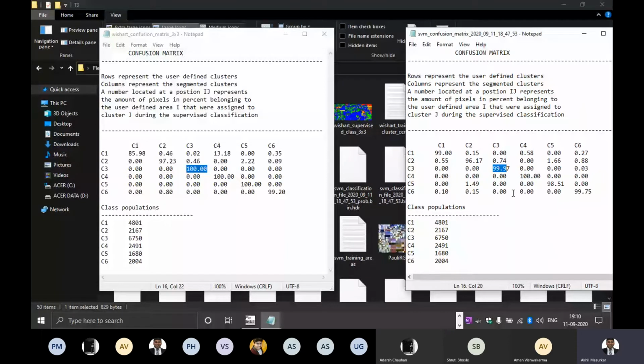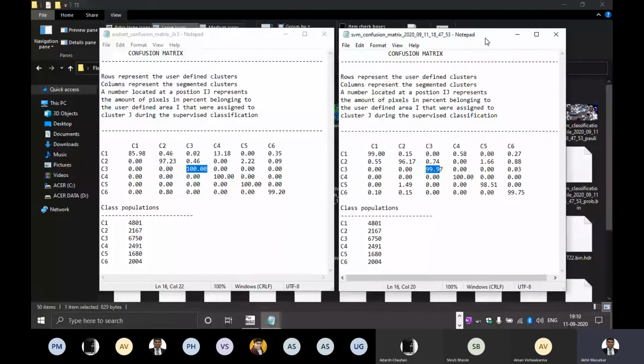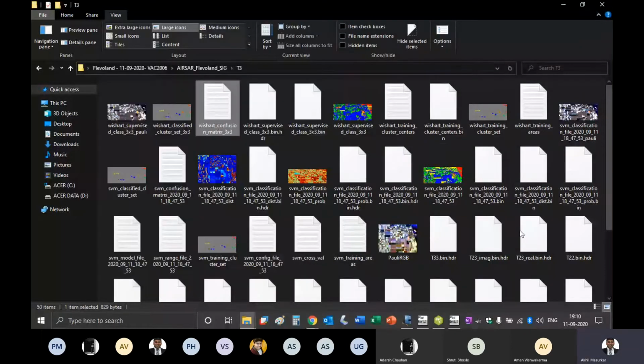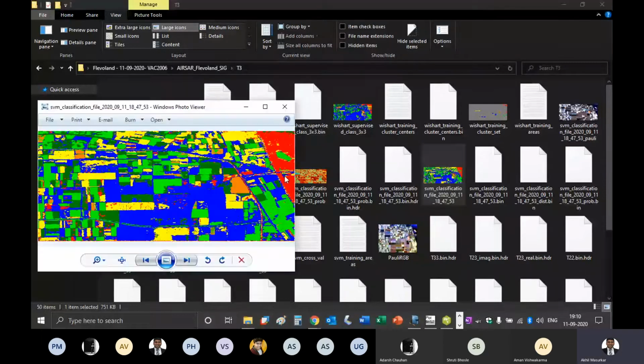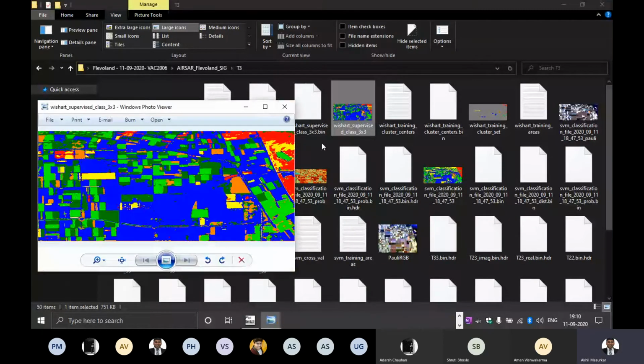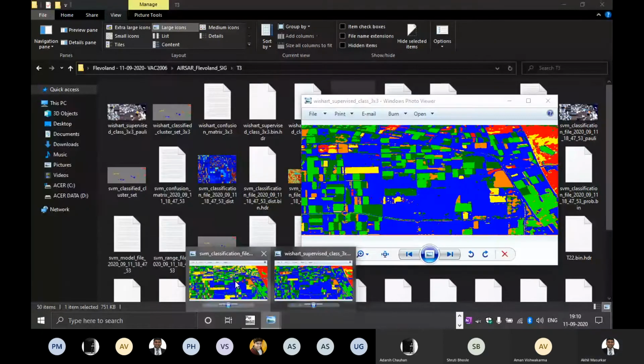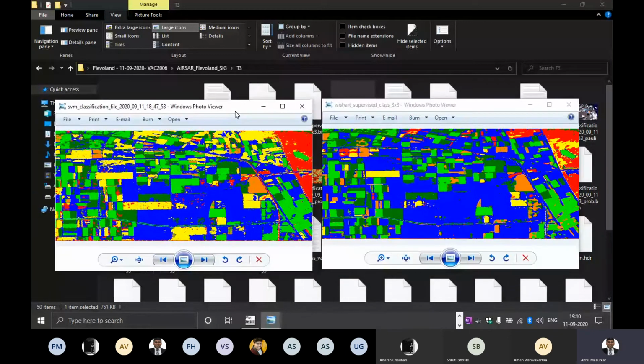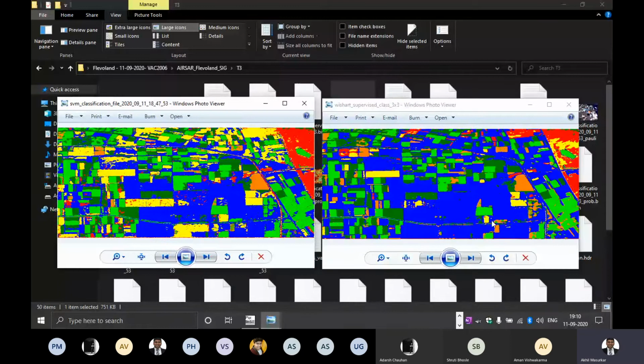So this is the way we apply 2 different classifiers on the same training area. This is the SVM classified file and this is the Wishart classified file.